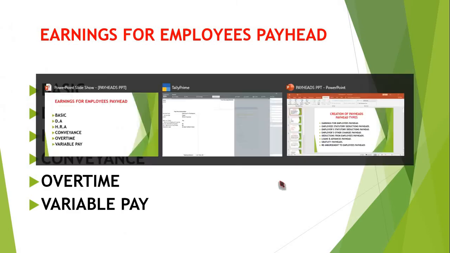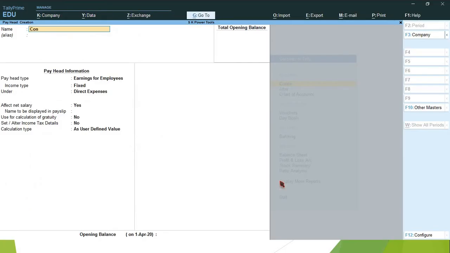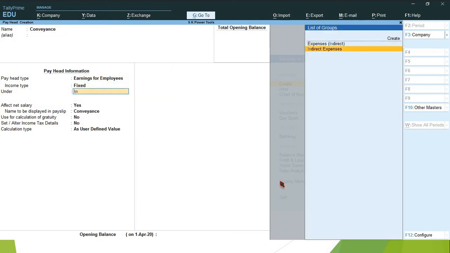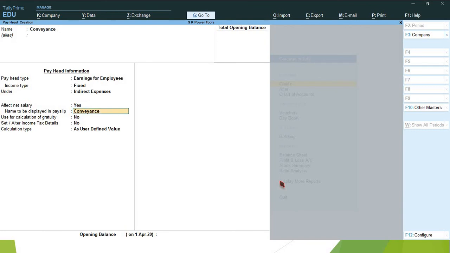So next, conveyance. Earning for employees, fixed, indirect expenses. Name to be displayed in payslip, conveyance. Use for calculation of gratuity, no. Set alter income tax details, set to yes.